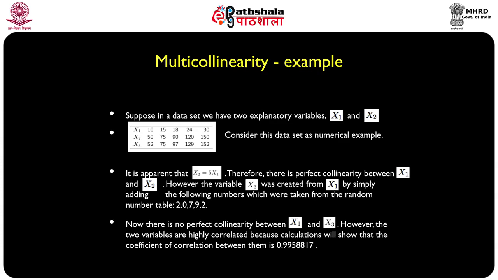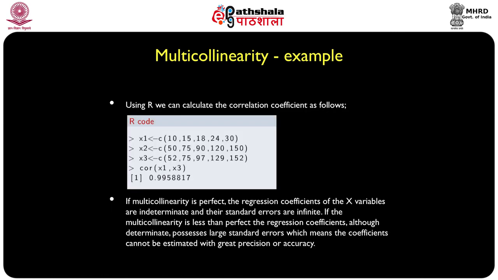For example, the first value of x3 is 5 times x1 plus 2, which gives us 52. The second value is 5 times x1, which is 75, plus 0. The third value is 5 times the value of x1 plus 7 and so on. Now there is no perfect collinearity between x1 and x3. However, the two variables are highly correlated, and this can be seen from calculating the correlation coefficient between x1 and x3, which turns out to be